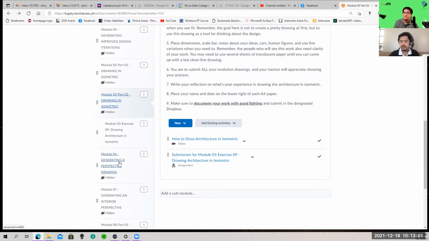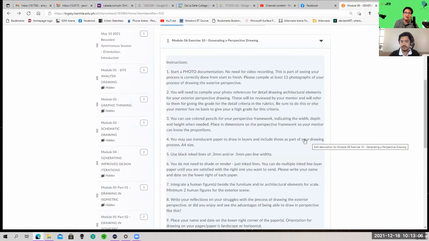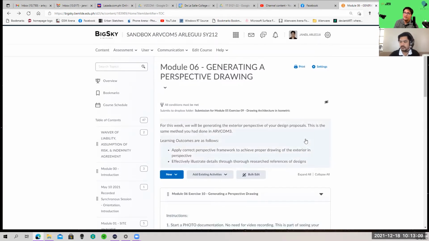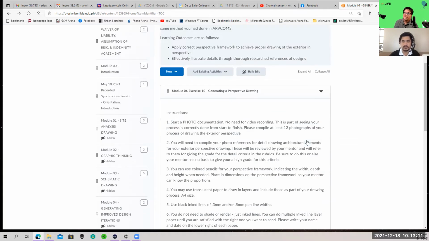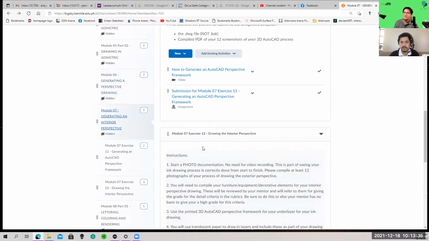And then generating perspective drawings by module 6. So sa ARVCOM3 na cover na to yung how to create perspective drawing, but here of course with my example of a cafe / residential on the second floor, they will again have to go back and remember how to create perspective drawing. And then generating perspective drawing interior,